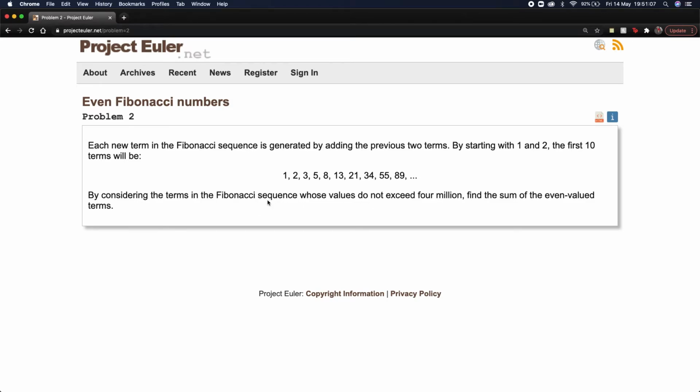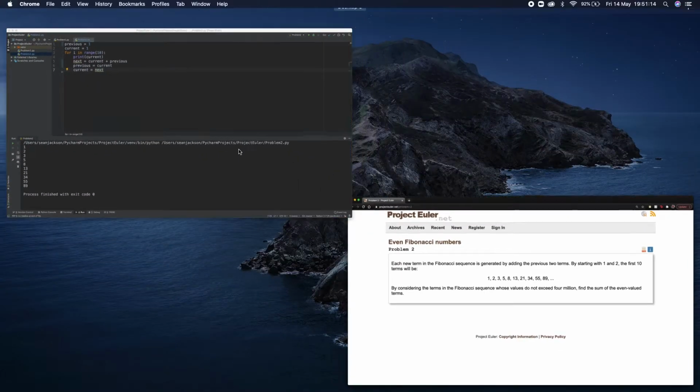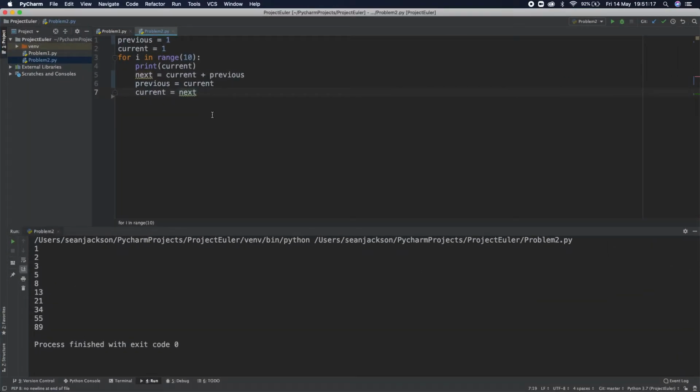So by considering the terms in the Fibonacci sequence whose values do not exceed 4 million, find the sum of the even valued terms. Okay, so let's see. We might have to restructure this a little bit, because instead of just going for the first 10 terms, we now want all of the terms that are under 4 million. And we don't really know exactly how many that's going to be. So we're going to have to rip out this for loop and replace it with a while. So while the current value is less than 4 million,